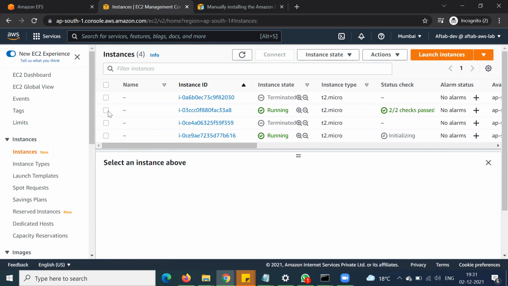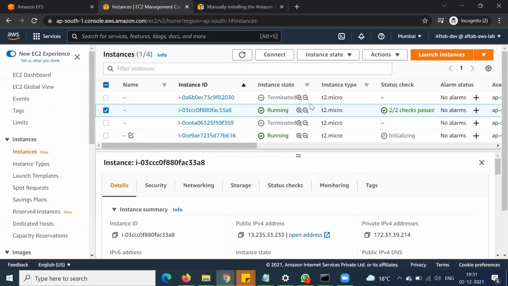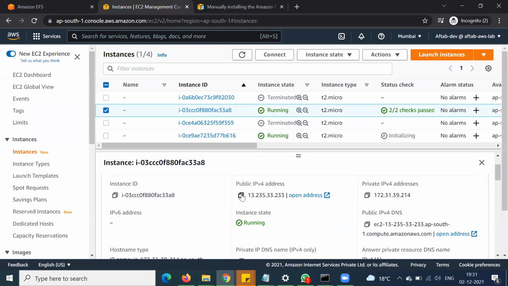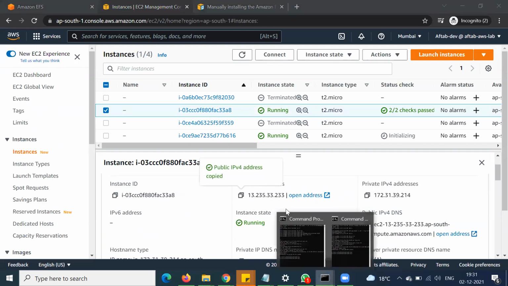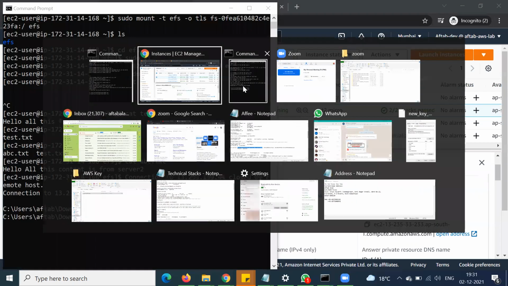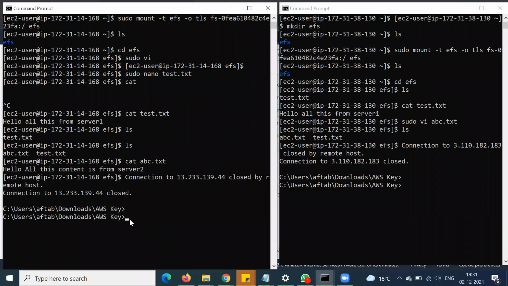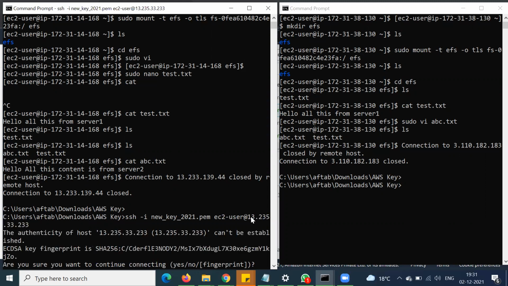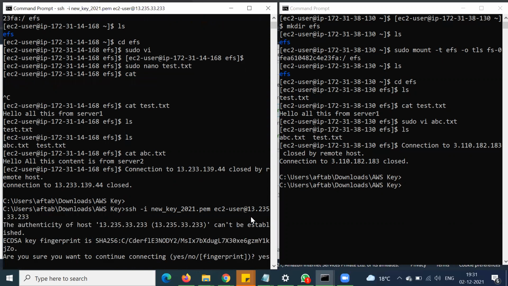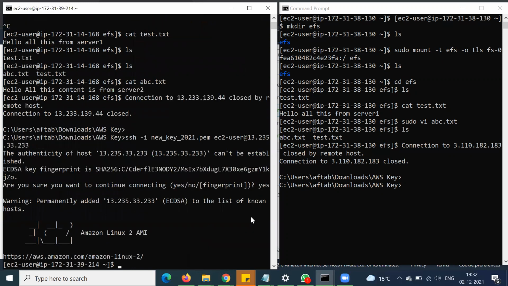So now let's connect to these two servers. We just need to replace this IP address. Yes, we are connected.